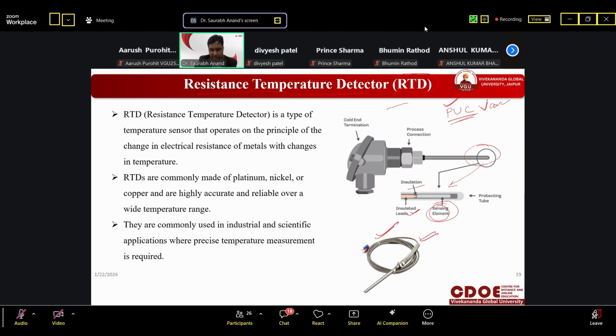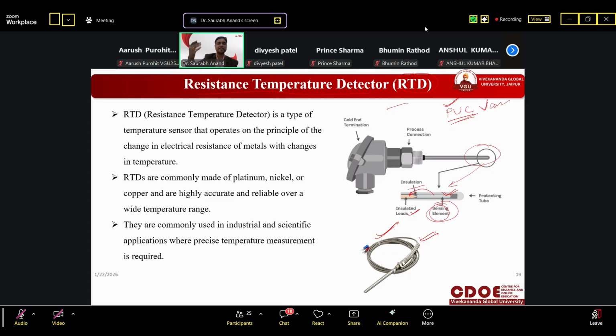And this, after the sensing, it would be converted into electrical, because the signal which is given to the system should be converted to electrical form. So this is the basic sensing element that is inserted in that hose pipe, and it will give the temperature, whatever the temperature value is there. Accordingly, it will give the signal to the system, and accordingly, it will give the value of the engine of your car.